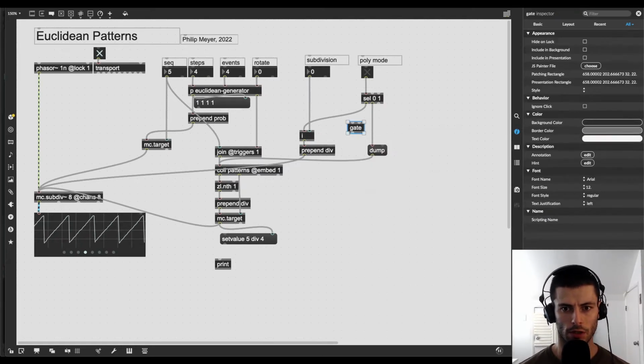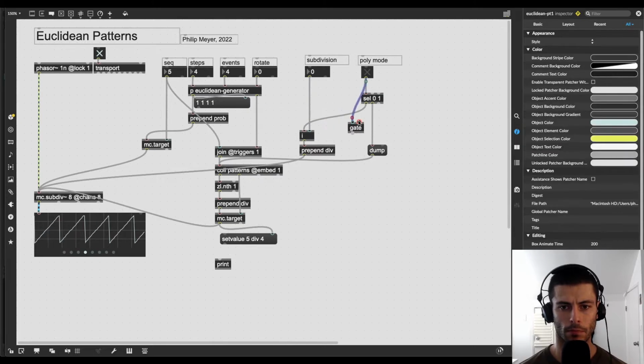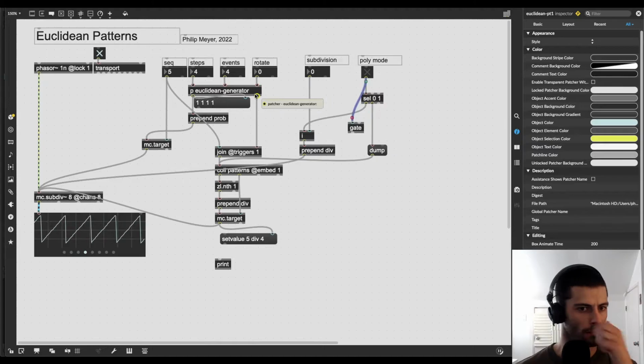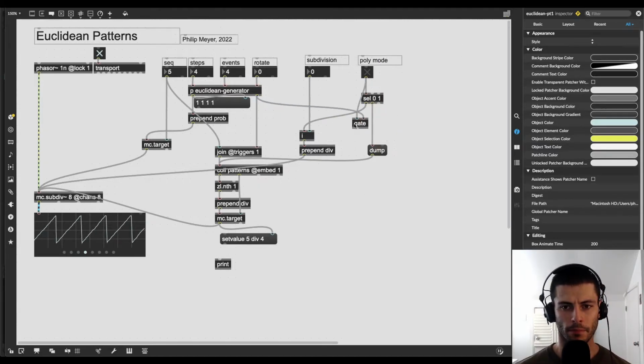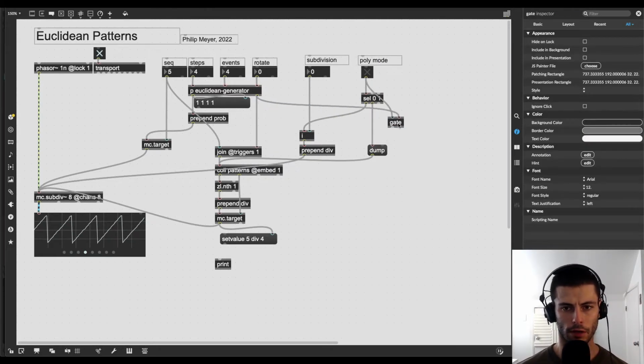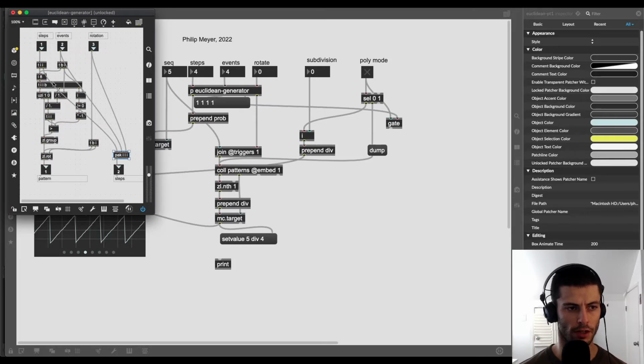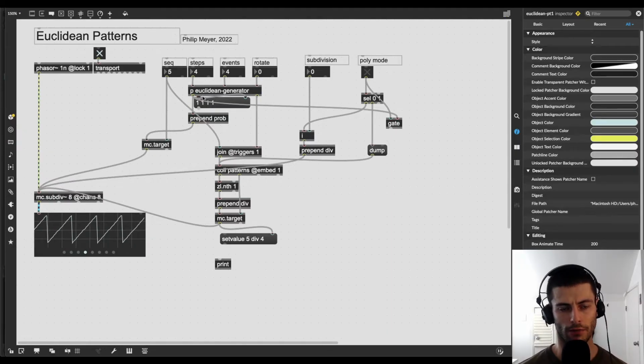So what I'll do is I'll just add a gate, and we just connect the outlet here, and we'll actually let's do it here, because we know that the Euclidean generator is going to first send the parameters onto the call, and then it will actually compute the sequence. So we know that this left inlet is going to come out after this right one, and then we'll just